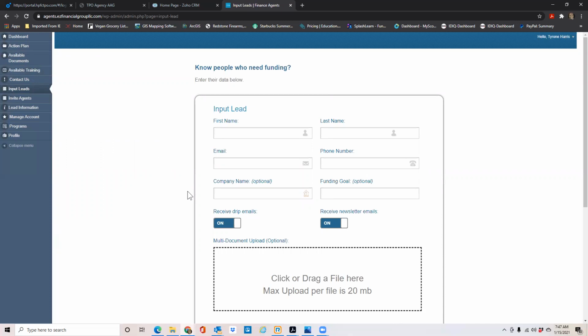When you're teaching your agents, you should teach them, if they have windows, to keep multiple windows open. They should keep their Identity IQ window open. They should keep their Skype window open on their computer. They should keep this window open all the time. While you're calling leads, you want to keep those 3 screens open so that if during your conversation, the lead